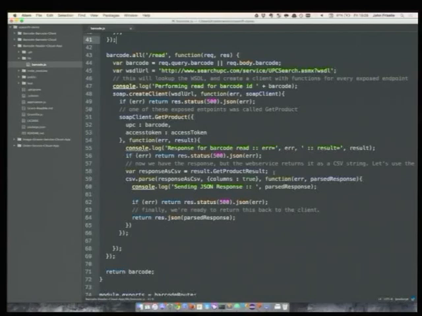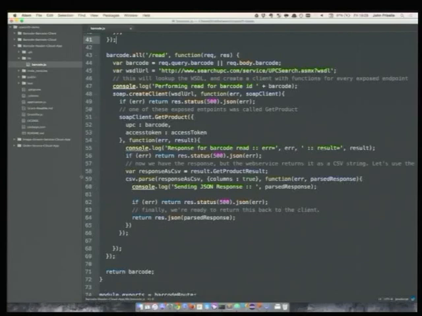We pull out the product results, which is the bit that they send back as CSV, which is quite disgusting. We use another node module called CSV to parse the CSV results and turn it into a JSON response and then send that back. So again, in 25 lines of code, we're integrating with a SOAP endpoint. We're pulling out a CSV response, transforming it to JSON, and sending back a nice, clean API.